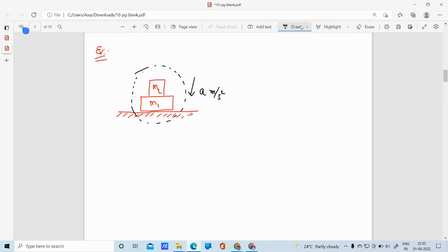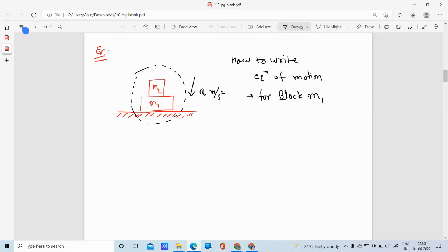Okay, so how to write the equation of motion for